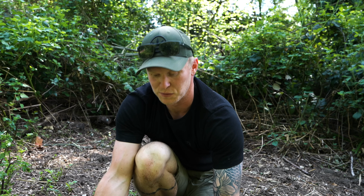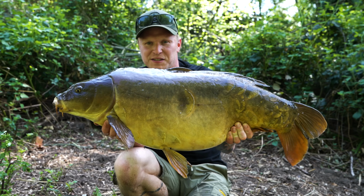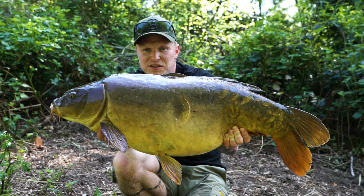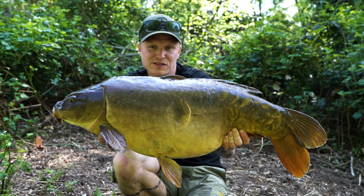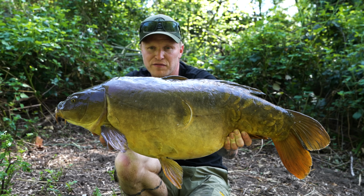Well, I've just landed a fish called Single Scale. Check this one out. At just a little under 27 pound. Absolutely buzzing. Now, I was in peg 2, I've packed up, the lads have jumped in there for their session,